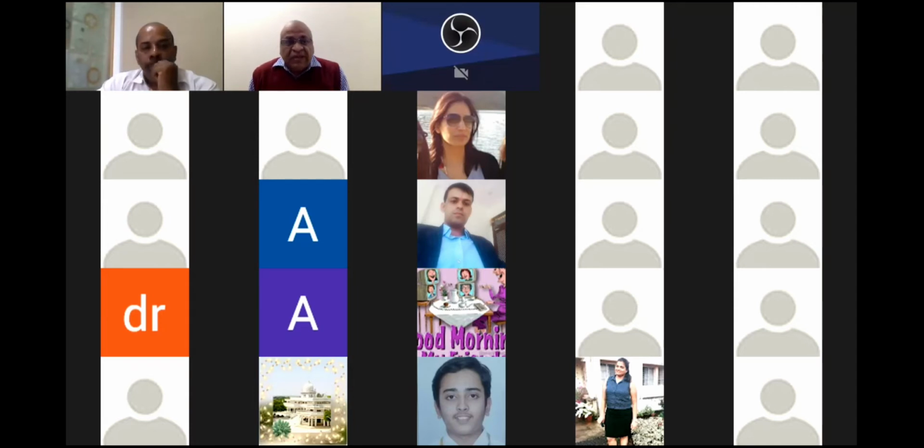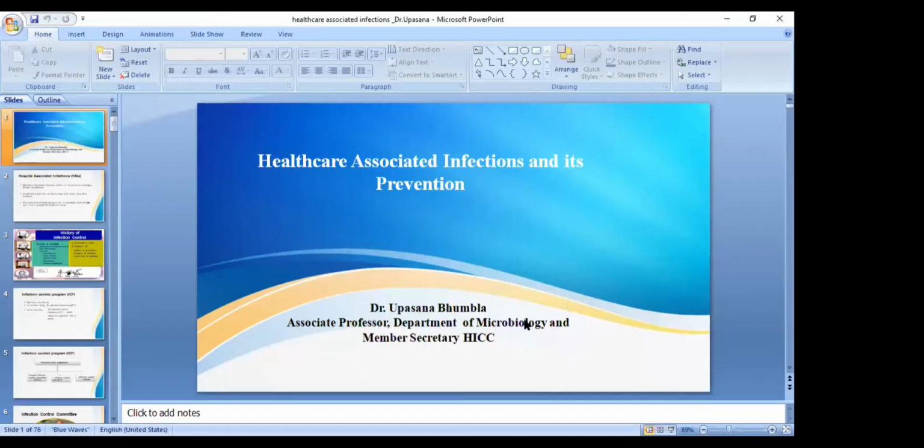But for this, there is a mandatory requirement. During the program, we will post one registration form from time to time. Although you may have filled one registration form, this information will be sent to Delhi Medical Council, and then they will approve the certificate. So it is mandatory to fill this registration form to get the certificate. And we will also post one feedback form. Filling of that feedback form is also mandatory.